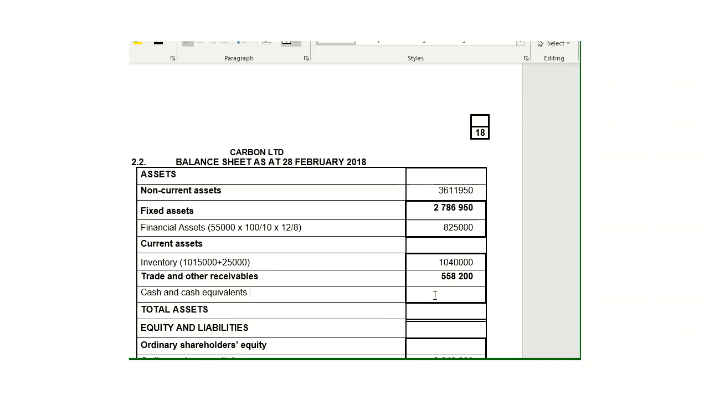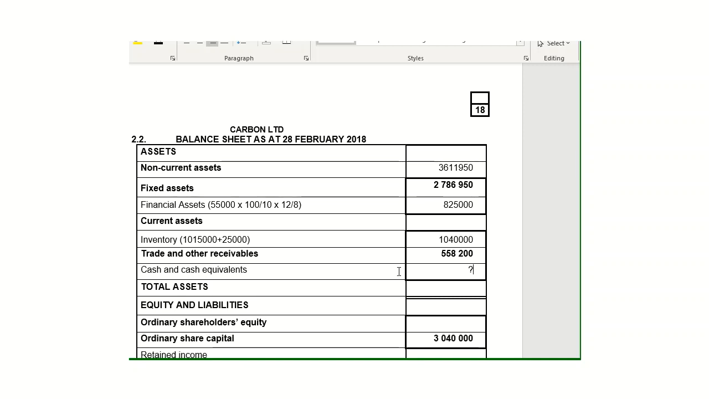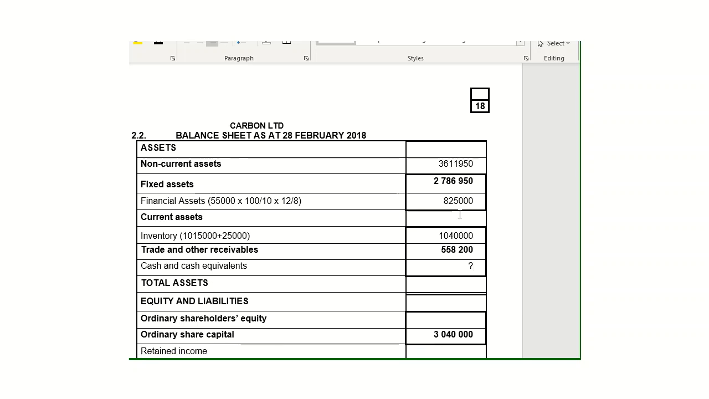So let's move on to my ordinary share equity. It consists of my capital, which is printed in, 3040. If you look